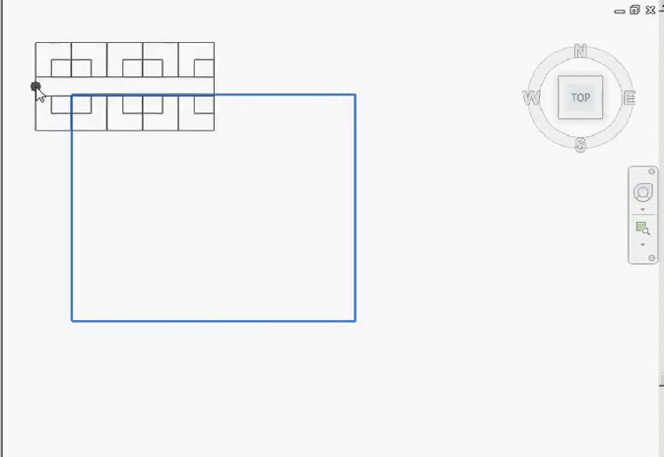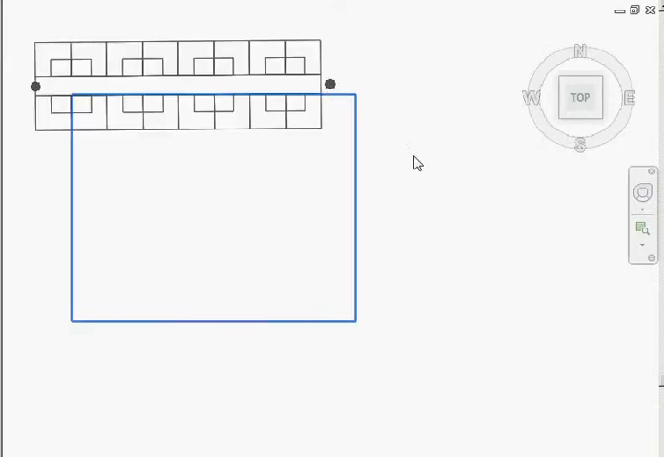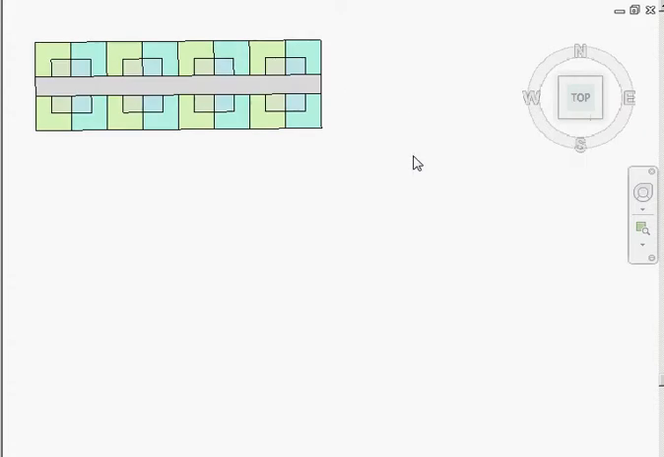Hello, I'm going to demonstrate adaptive components in Revit, and I'm going to place the first point and the second point, and it will place a component that represents a hotel wing with a central corridor and hotel rooms on either side. And if I grab this point, being an adaptive point, I can drag that down and it will